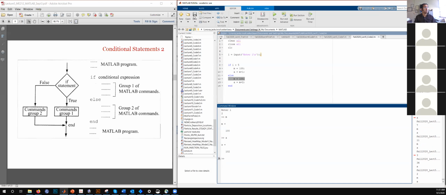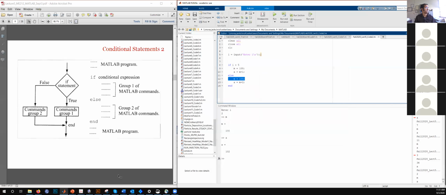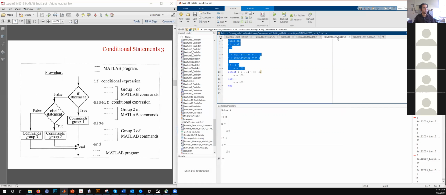Okay, so let's go to the next option, and this is what we already did in the first code that we developed today, where you have an if statement. Then there is a comments group 1, which is this line here for us. If this if statement's condition is not true, it goes to the false arrow and comes to the Elsif.